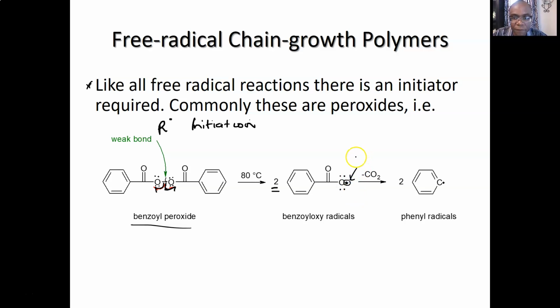Because it's an unpaired electron, not a lone pair, we call single unpaired electrons radicals. So you get two radicals because you're cleaving the molecule into two halves. You get two equivalents of the radical. We call it a benzoyloxy radical. Now the benzoyloxy radical can lose